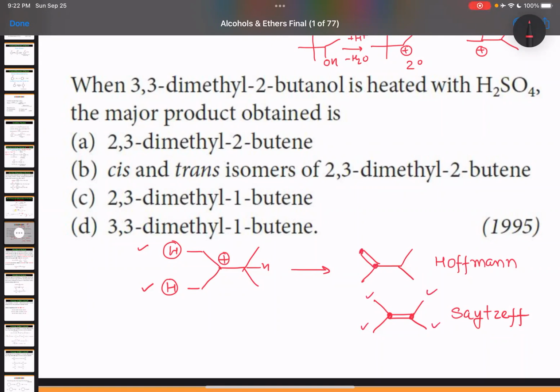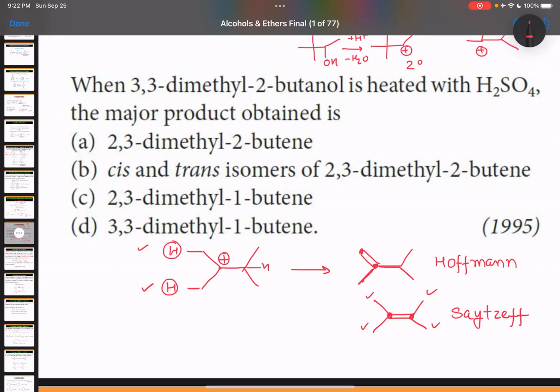Highlight the carbon atom. You have one alkyl group, another alkyl group, only 2 alkyl groups are there. So it is di-substituted. So the more substituted alkene is going to be the major product. Is it clear? Yes, sir. So the Zaitsev alkene is more stable, and that is going to be the most stable one. Is it clear? So you are always going to keep in mind that you are going to make a Zaitsev